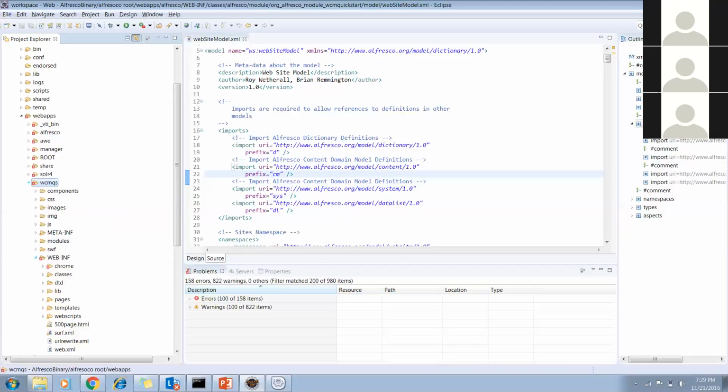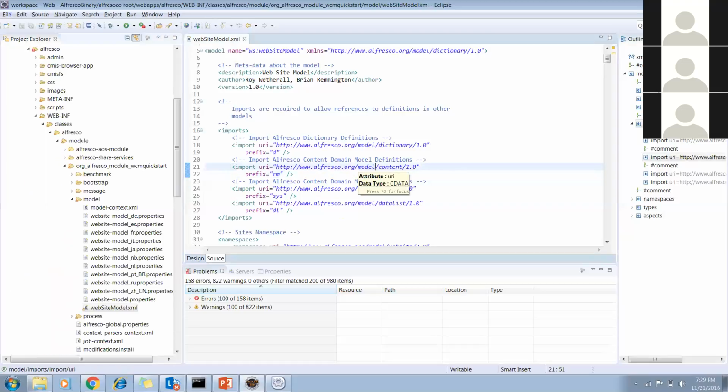So content model, like I told you, is like a database structure design, like you design your database. What would be the table, what would be the column. Likewise, it's a design in Alfresco. You can see it's a design for the metadata of this document. So that's the reason it should be in the Alfresco folder, because it's part of the repository.